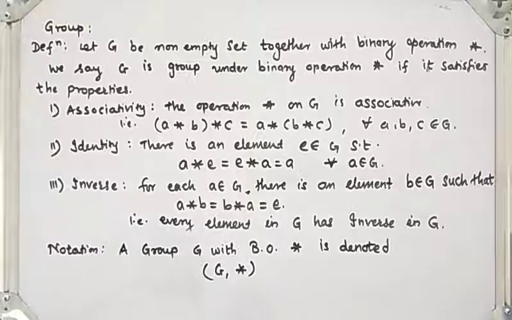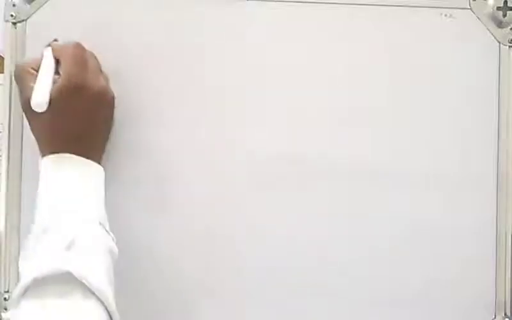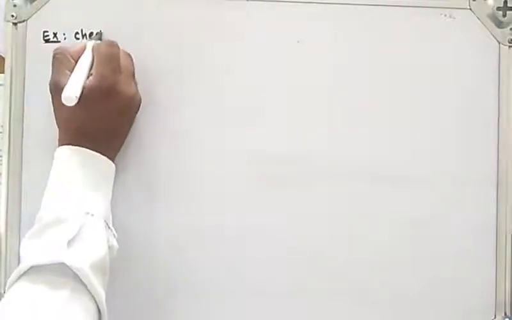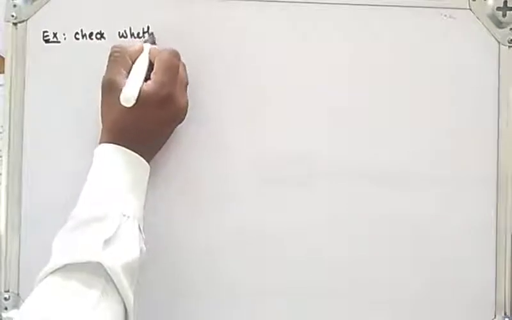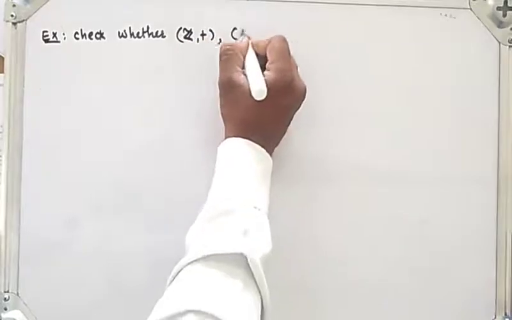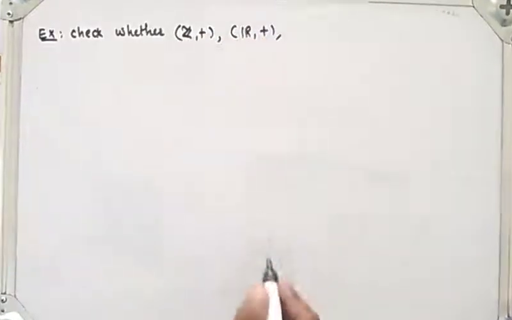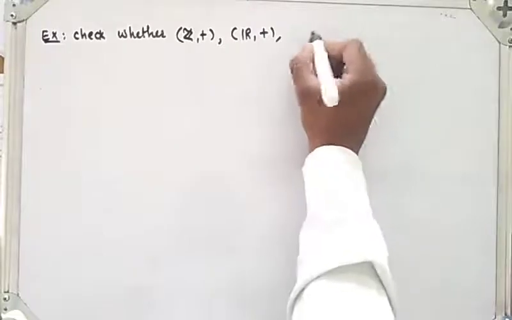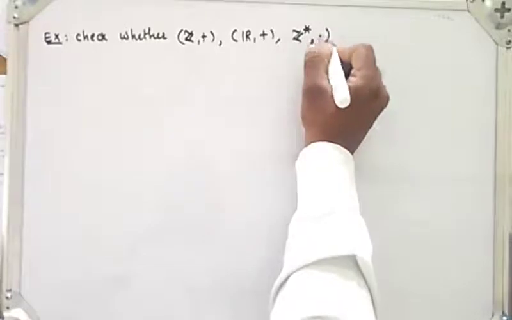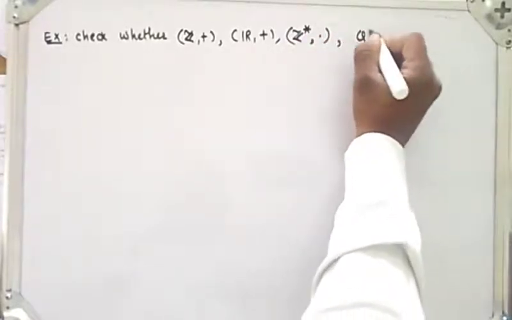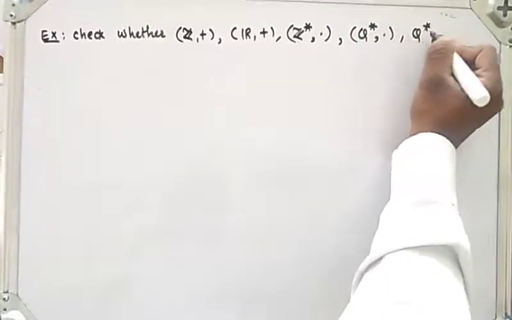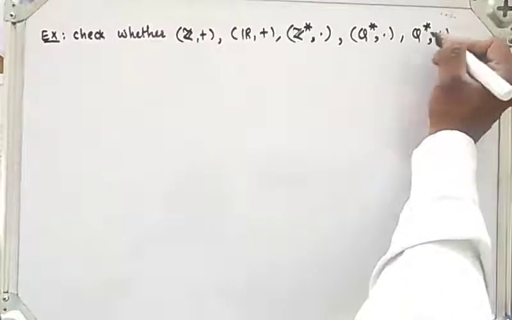So let's see the examples on group. For example, check whether Z under addition, R under addition, Z star under multiplication, Q star under multiplication, Q star under addition